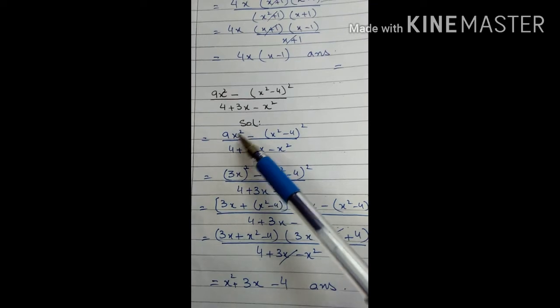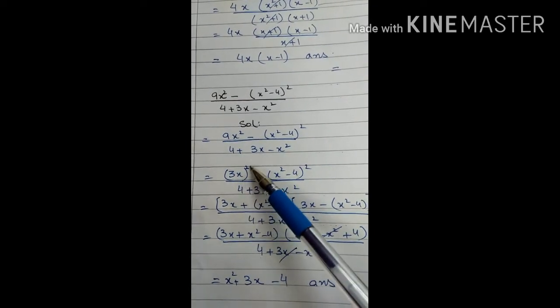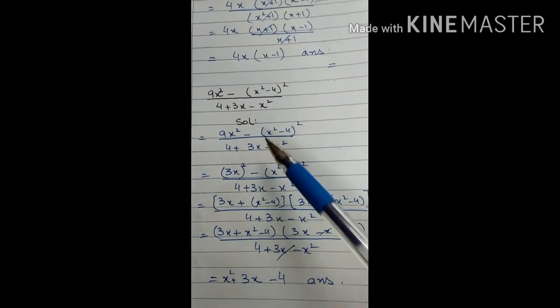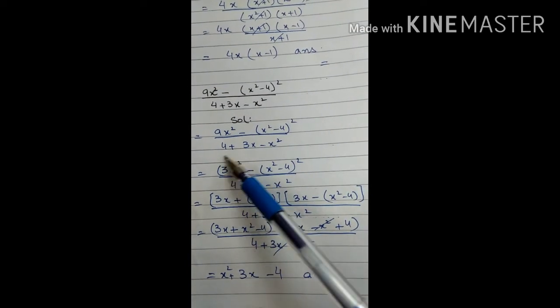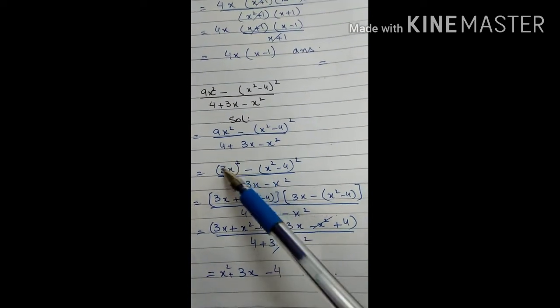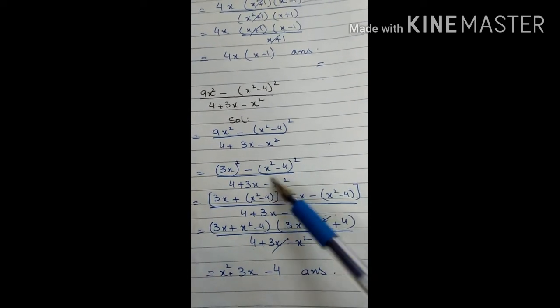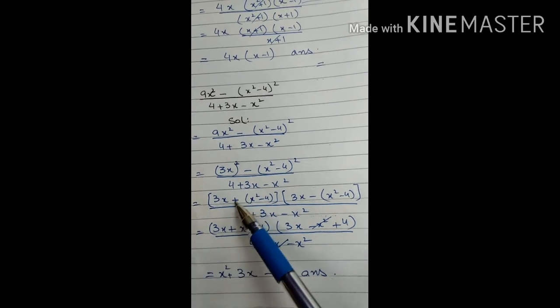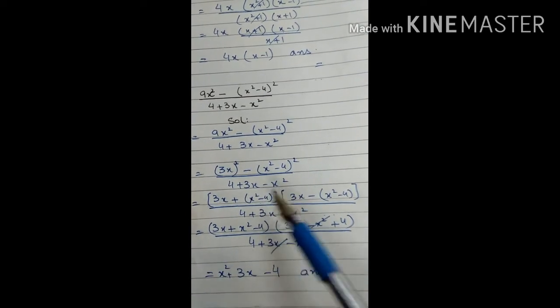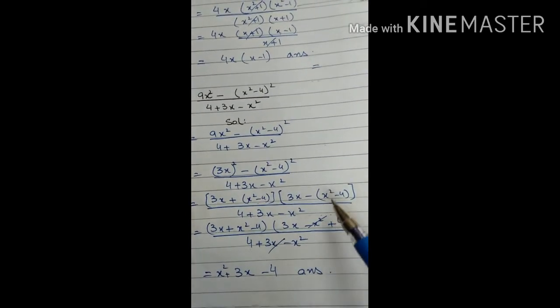See, 9x square means 3x whole square, minus sign as it is, (x square minus 4) whole square. This can be considered as a square minus b square. After applying the formula a plus b, a minus b,